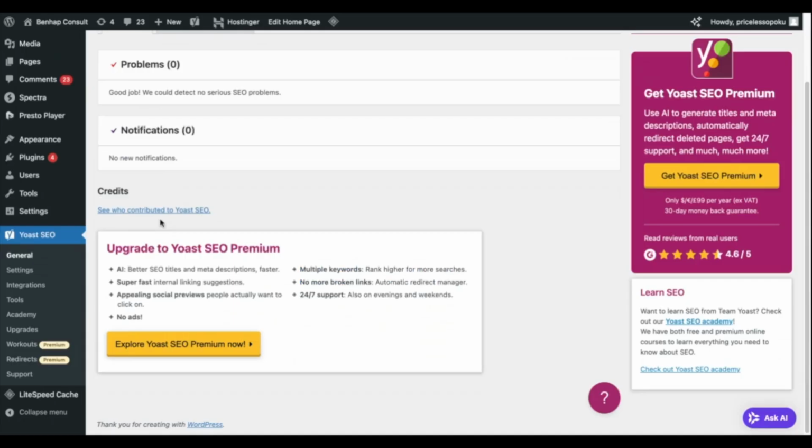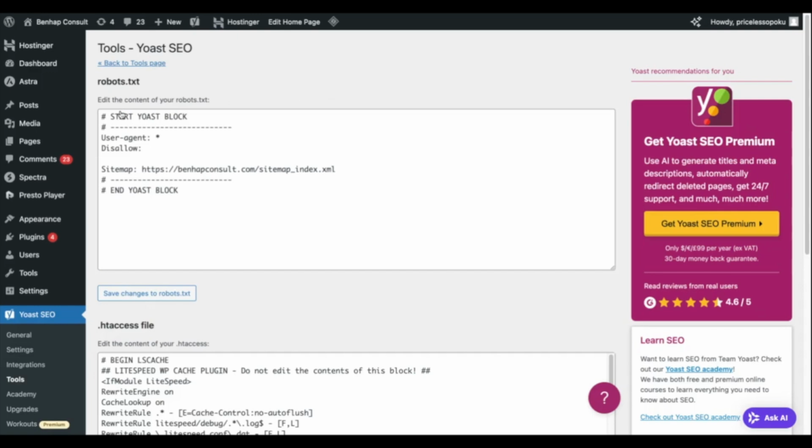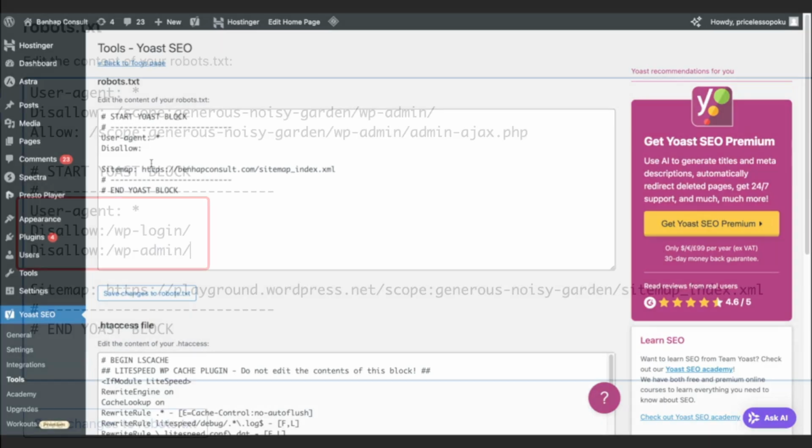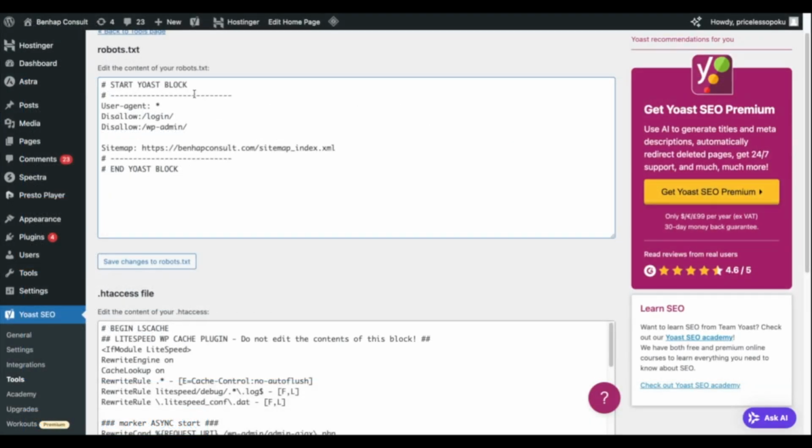Open the Yoast plugin, click on Tools, click on File Editor. View or edit the file generated by Yoast SEO. You might want to block access to the login page or dashboard. Disallowing these, for example, prevents search engines from indexing irrelevant pages, allowing them to focus on valuable content that attracts